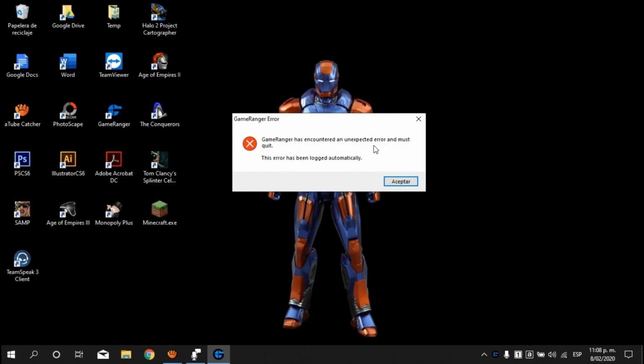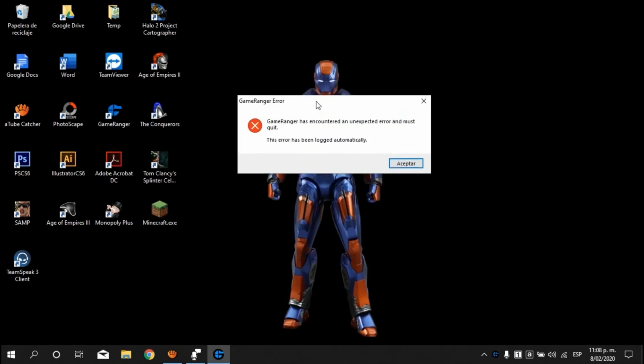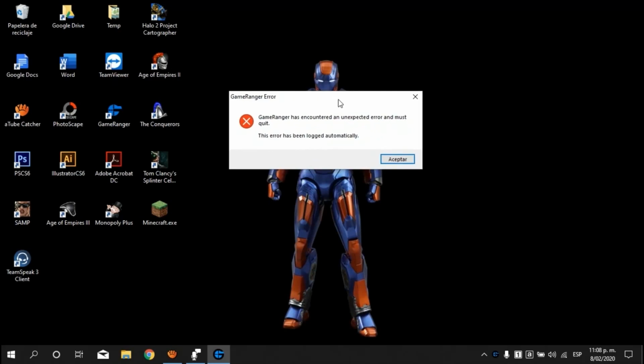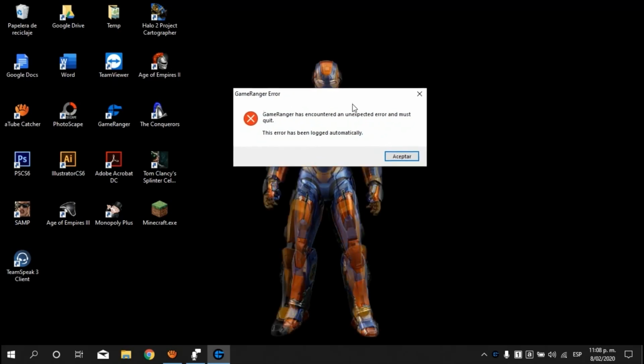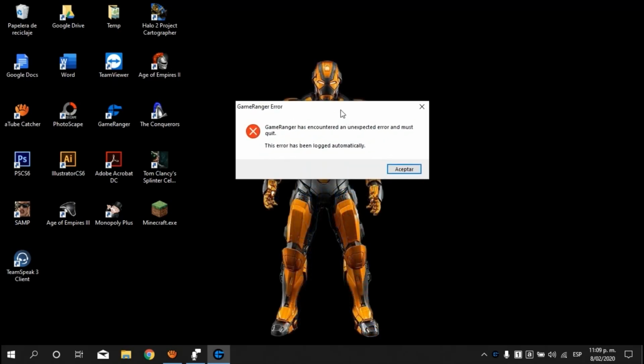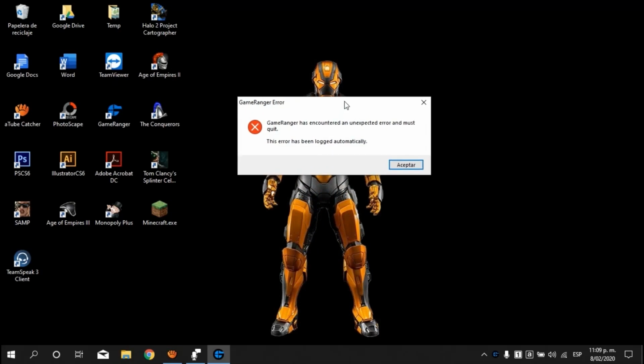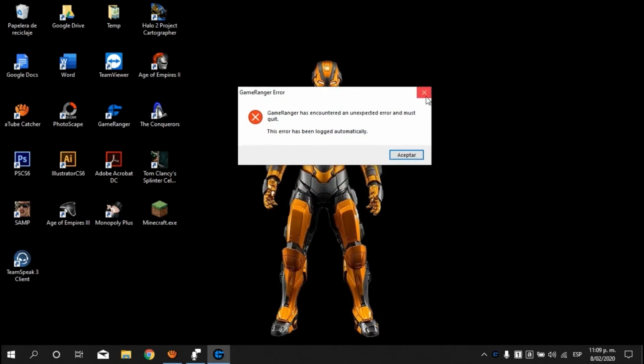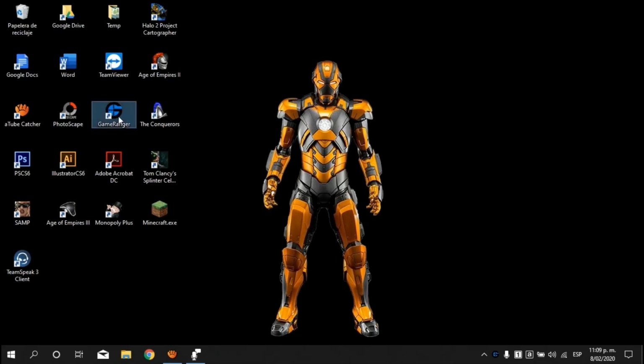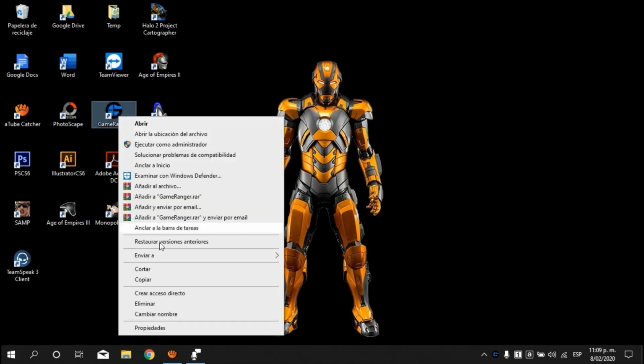GameRanger has found an unexpected error and must close. This error has been saved automatically. This is what this tab says. Looking in internet forums, quite honestly, it is difficult to find a solution to this. We see in Russian forums and in Anglo-Saxon forums that have determined that the best thing that can be done